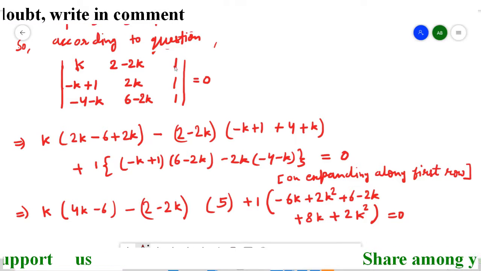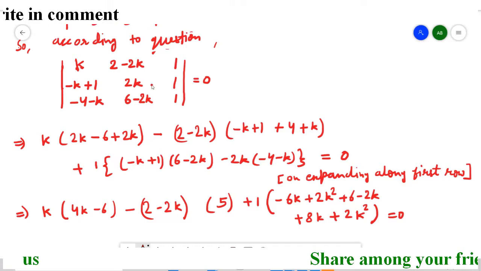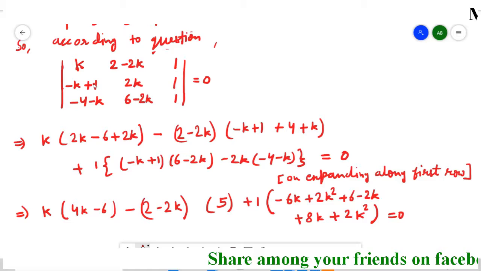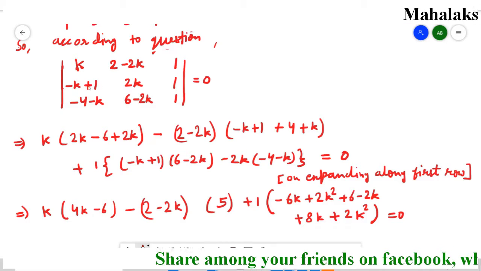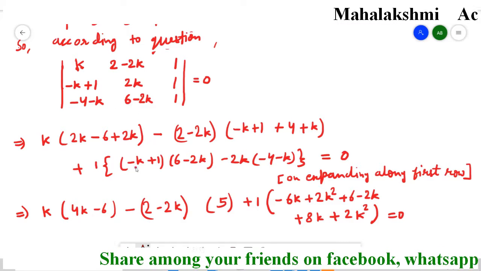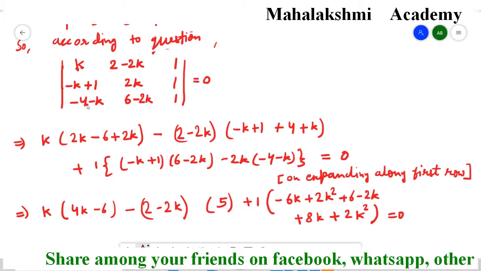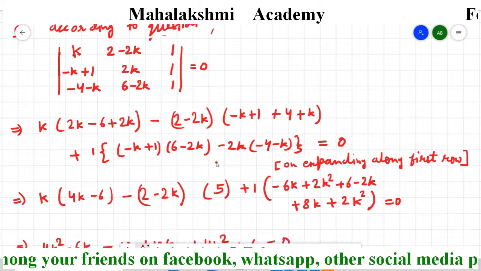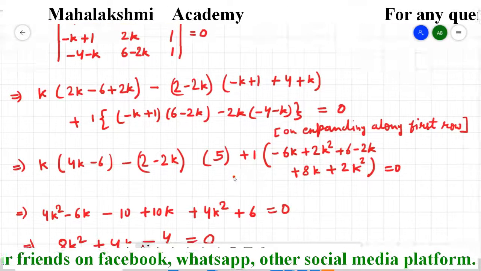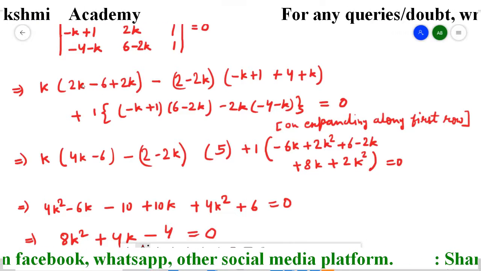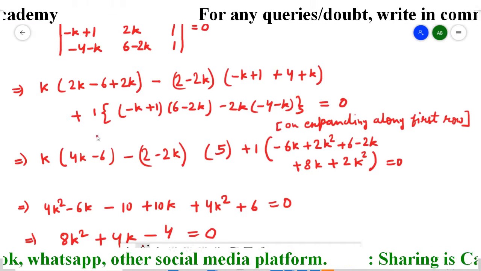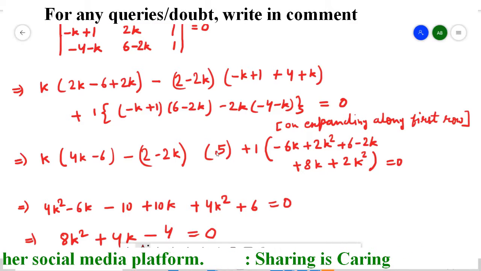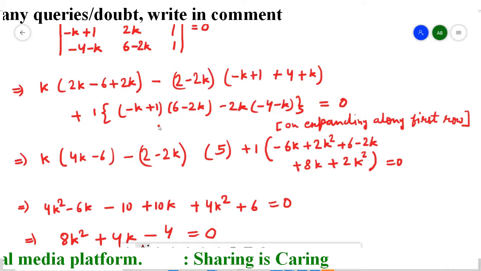In the same way, for this one we'll cut them, so we are left with these 4 elements. When we cut it, this k minus k plus 1 will multiply by 6 minus 2k, that I wrote here, and this 2k will multiply by this, that I wrote here. This minus is because of the formula. Now solve them. So here 2k and 2k becomes 4k, this minus 6 is as it is, and here also this k and k will cancel, you will be left with only 5. This one I wrote as it is, and I open them.